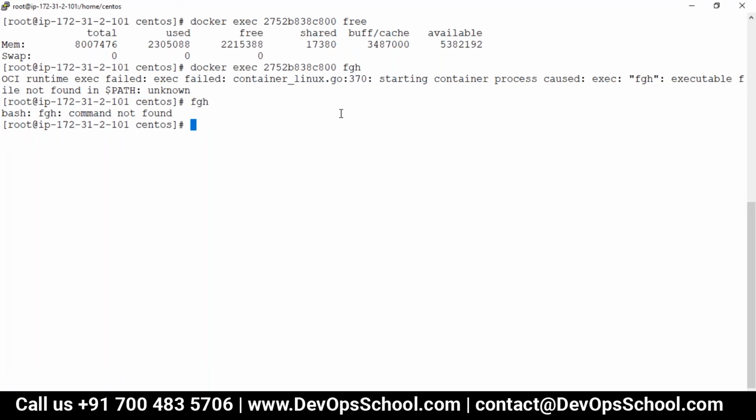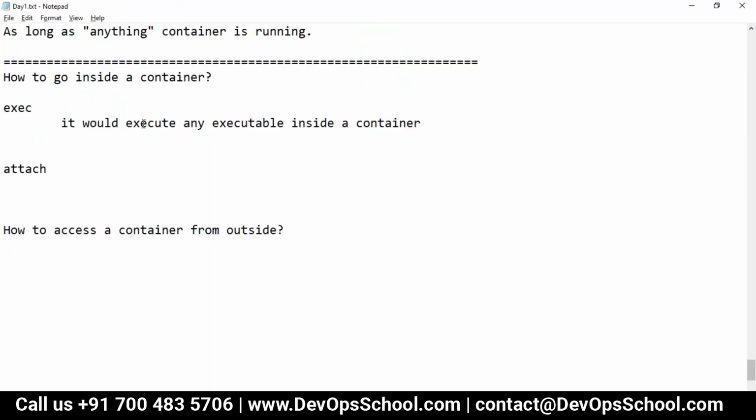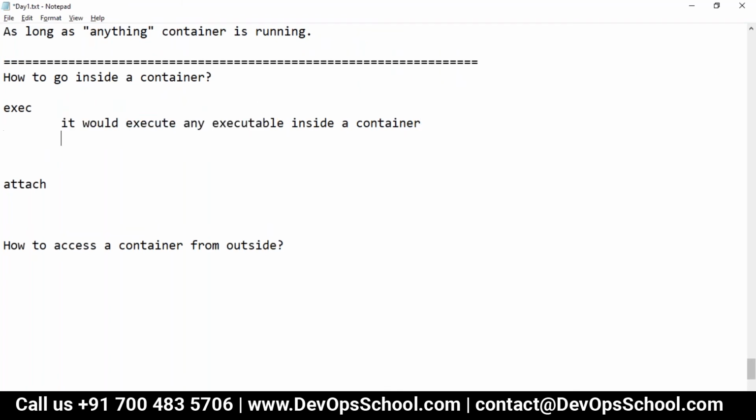So yes, using the exec command, you can execute any executable inside a container. But using -it and /bin/bash combination, it can be any other shell also, you can go inside it.